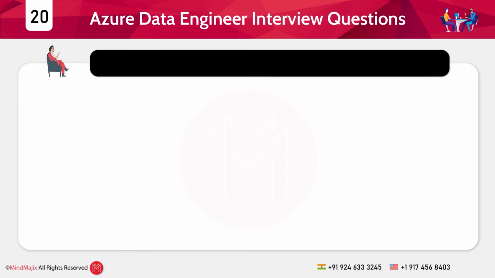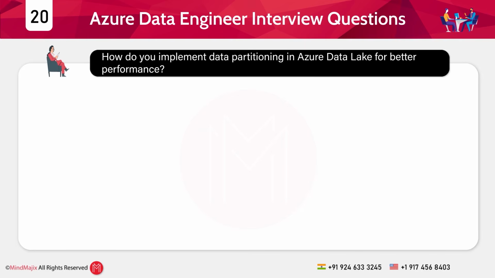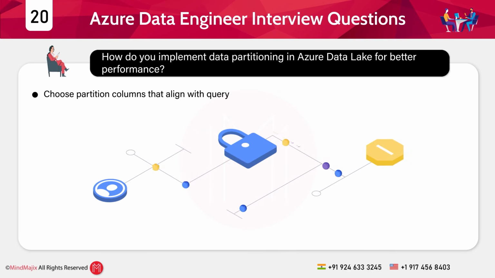The next question is, let's suppose there's a scenario, and in this particular scenario, the interviewer wants to understand how you would implement data partitioning in Azure Data Lake for better performance. So over here, you can use partitioning. Basically, partitioning is organizing files into folder paths based on commonly filtered keys. Over here, you need to choose partition columns that align with the query patterns, like the date ranges that are